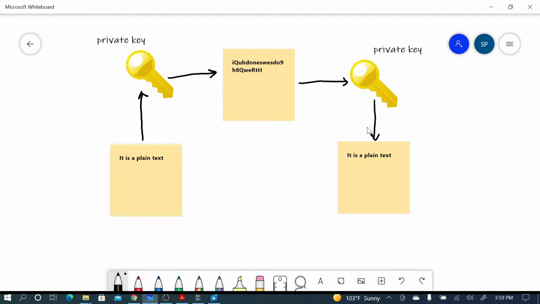In that case, the sender needs to generate a secret key and encrypt the message, and this key needs to be passed to the receiver securely, and the receiver can decrypt the message to plain text with the same key. So this is called symmetric encryption.